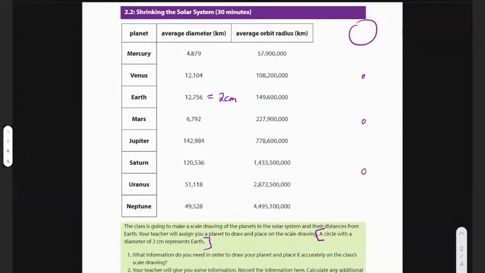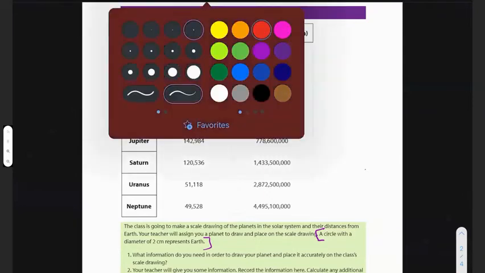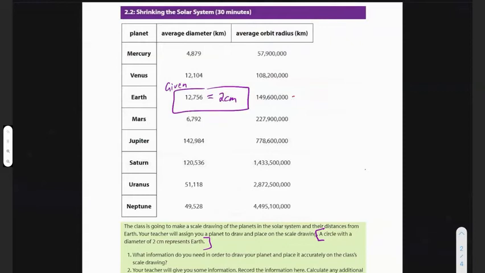So basically that's what the table's doing, right? And the orbital radius is their path around the sun. Now, how big are these objects going to be? How far are you going to space these planets out from the sun? Well, that's given to us by our scaling. So let's go ahead and create proportionality statements to solve for the rest of the planets. So first things first, let me start by finding out how many centimeters